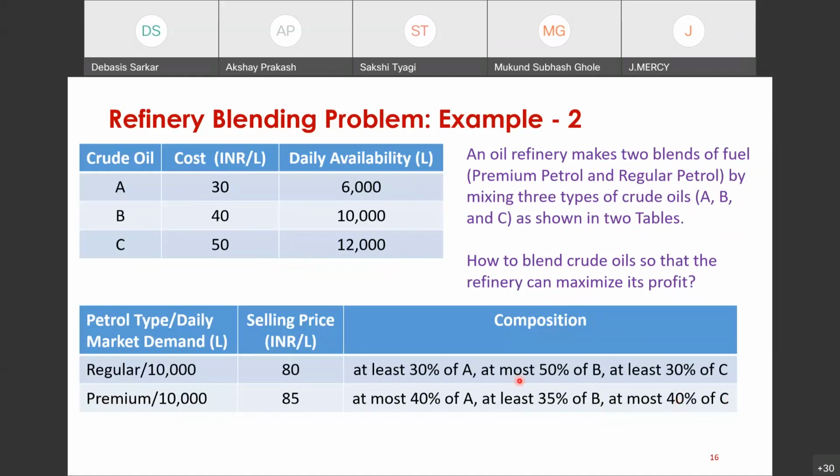So at most means the maximum it can contain is 50%. Regular petrol, see, at most 50% of B. So it will be like less than or equal to 50%. Similarly, at least 30% of A will be greater than or equal to 30%. So while formulating the at least type of constraints,